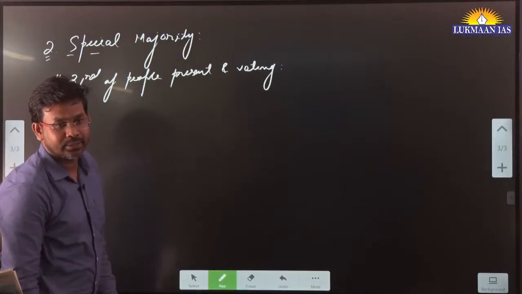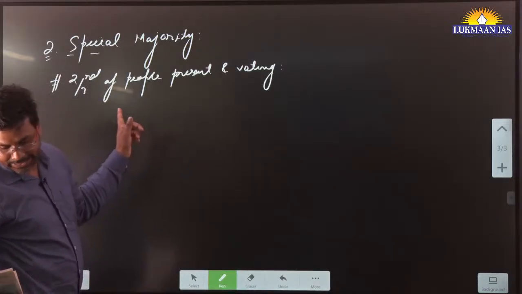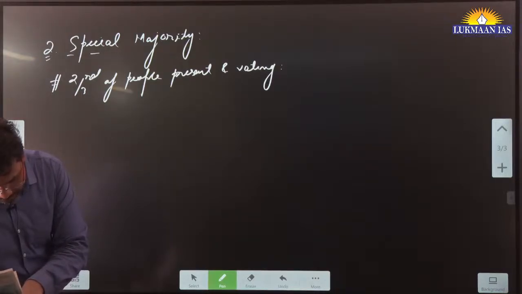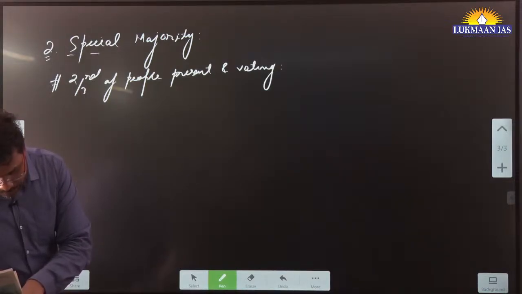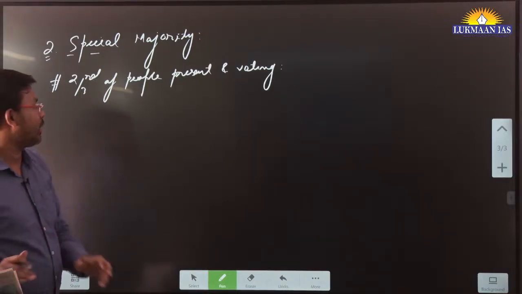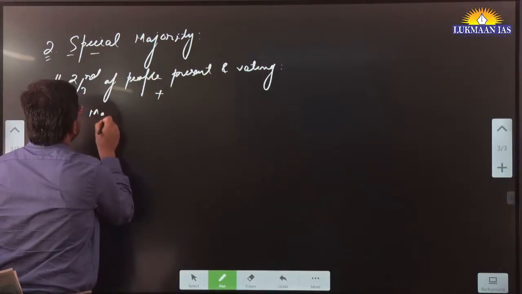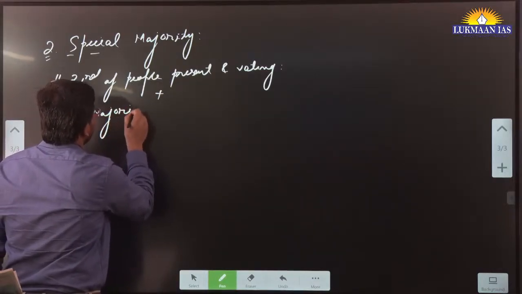It stipulates that it is effected by prescribed special majority, wherein not less than 2/3 of the members are present and voting in each house of the parliament, as well as by a majority of the total membership of each house. Plus majority means absolute majority,